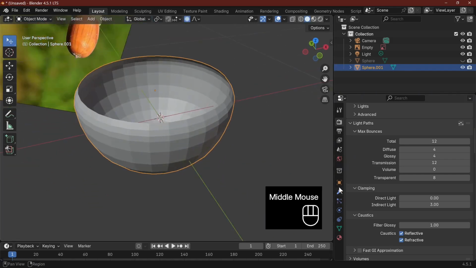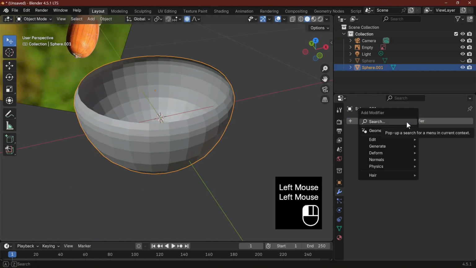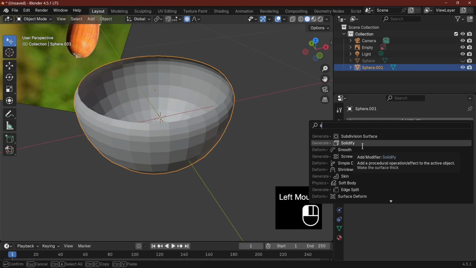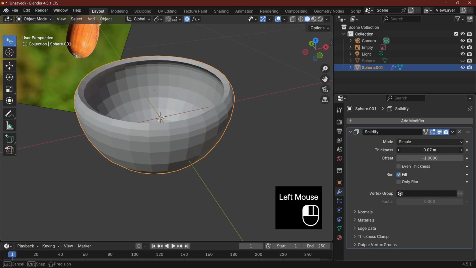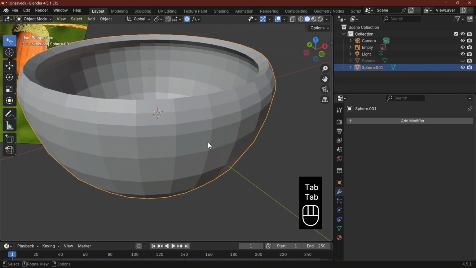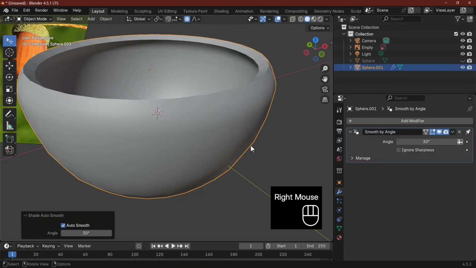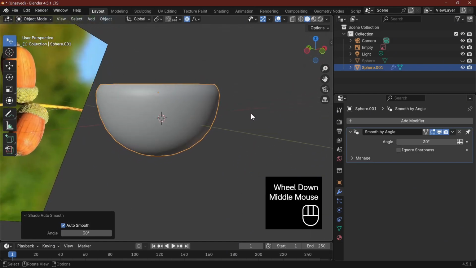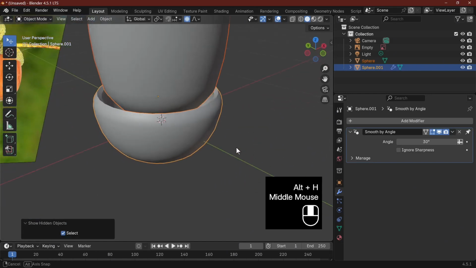I'm just going to add a bit of thickness to this now. Add a modifier, Solidify modifier, and just increase the thickness like that, and then apply. So we've got our shape there, and I'm just going to auto smooth this now. So we've got our acorn and we've got our